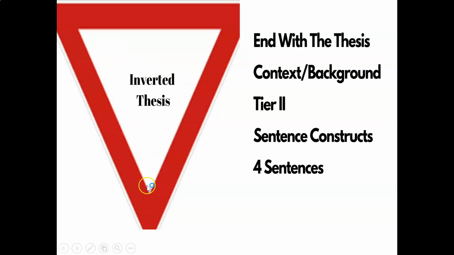And then the 4th sentence is going to answer the question, how does the author construct meaning? And that's where you're going to drop your literary terms and devices, which is going to constitute and comprise the thesis statement. So it's a straight up inverted where you end with the thesis. So let's go through this from top to bottom. So you end with the thesis, 3 sentences authorial intent, 1 sentence construction of meaning,